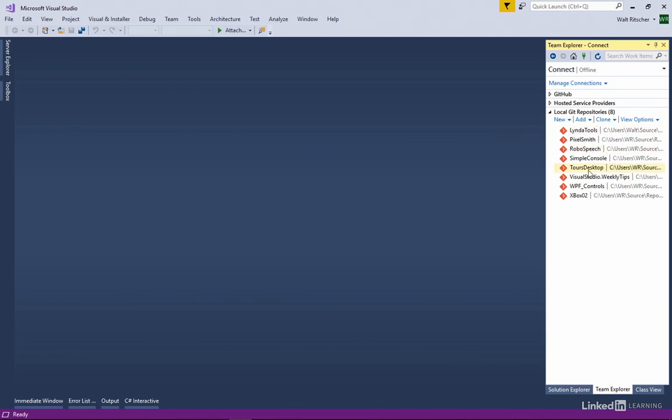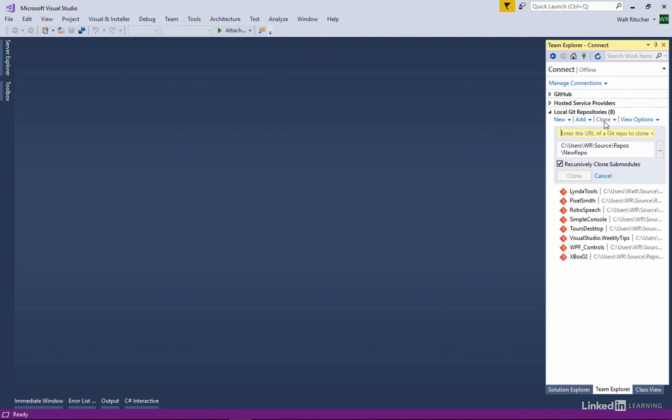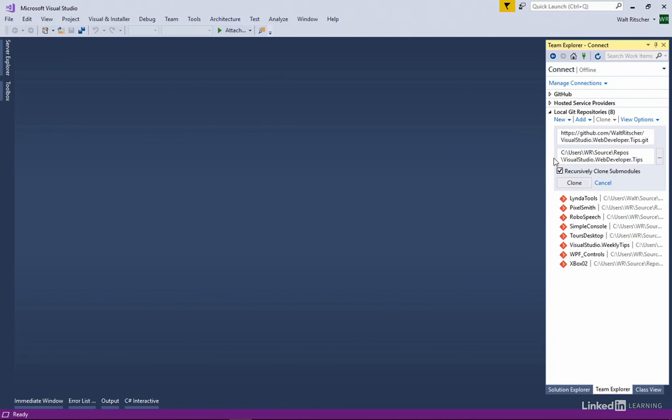Since I don't have the course shown on this list of local Git repositories, I will click on the clone hyperlink here at the top of the page, and then I'll paste in that URL we copied earlier. You'll see that Visual Studio is suggesting a location for the local repository. It's calling it